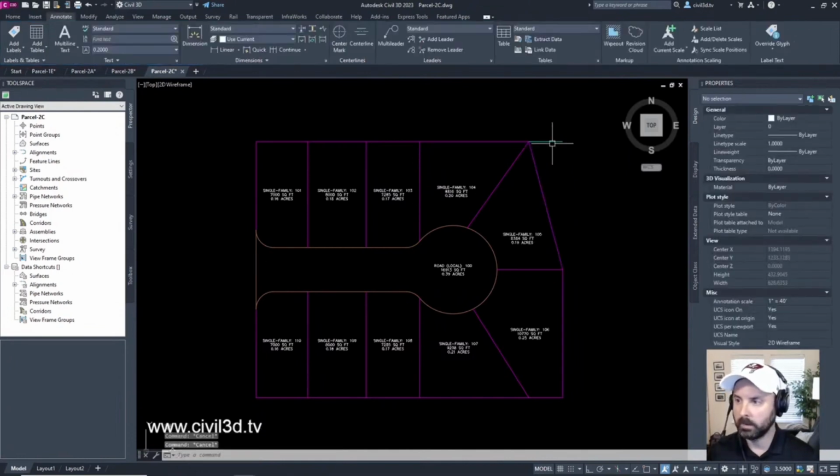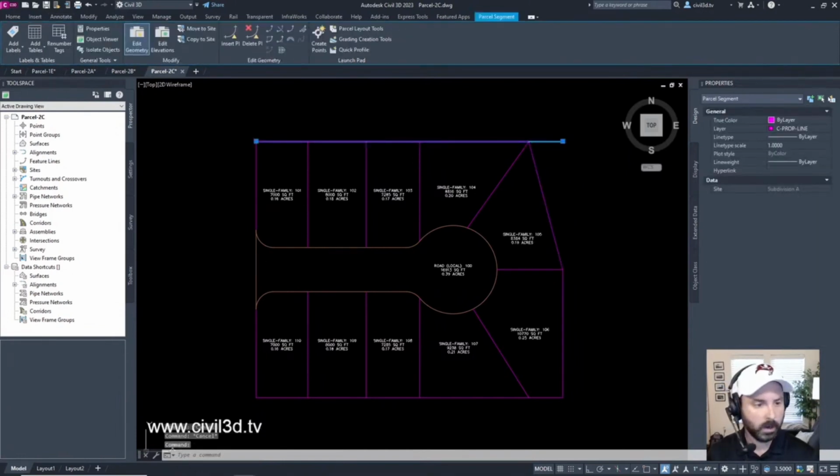We've got an unnecessary lot line right here. It even says that in the tutorial. Notice that the area of parcel 105 has changed. However, there is now an unnecessary lot line remaining to the north of the parcel. You can delete the unnecessary portion of that lot line in the following steps. We're going to be trimming that lot line.